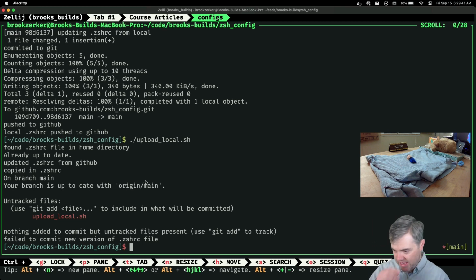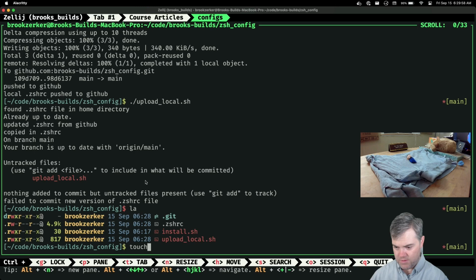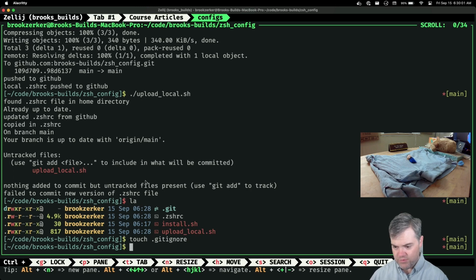Okay, now I think that I can. I'm never sure where I want to throw log messages for this. Oh, you know what? I can put this in a .gitignore, then I can throw this into a log file. Yes, that would work.